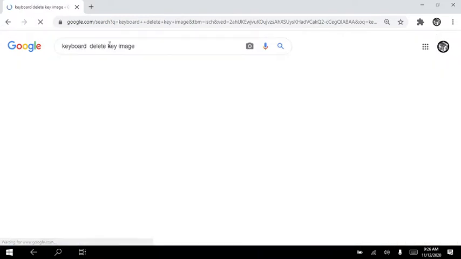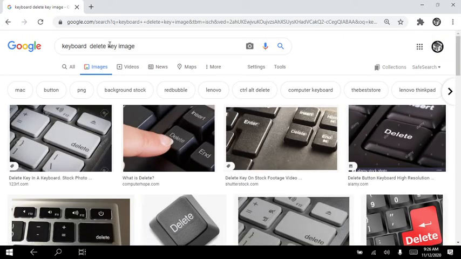Delete key is used to erase the mistakes that you make. Like if you are writing something and make a mistake, you take an eraser and delete it, right? In the same way, delete key helps to do the same thing. Delete key is used to erase your mistakes while typing on a computer. It erases the character to the right of the cursor.